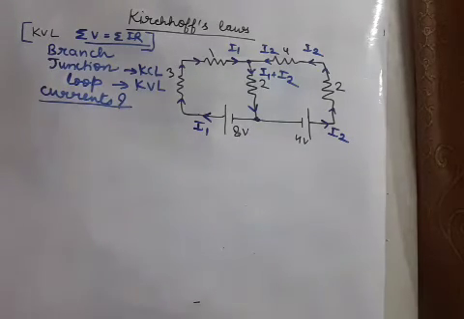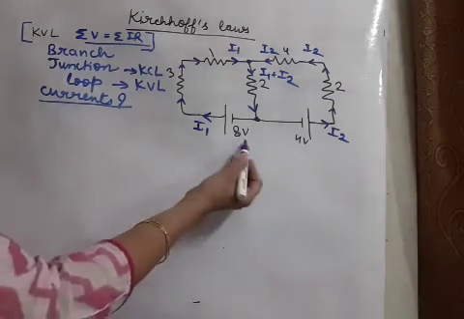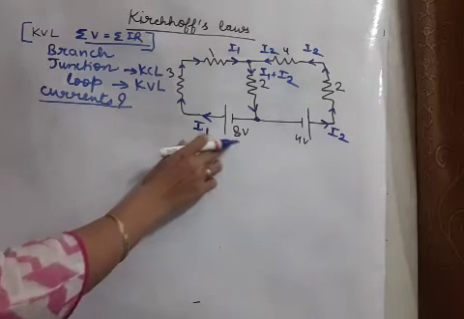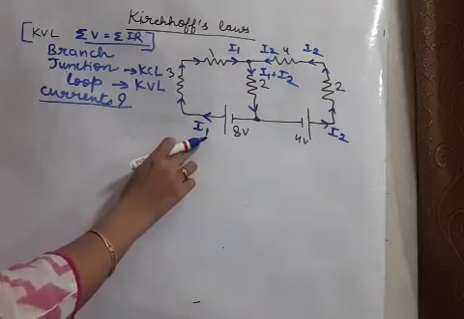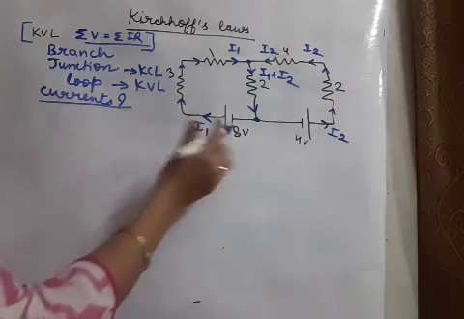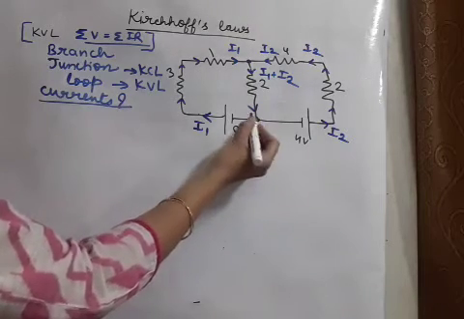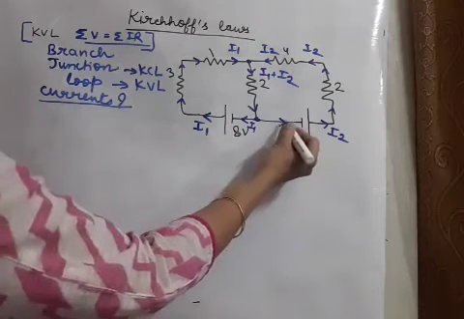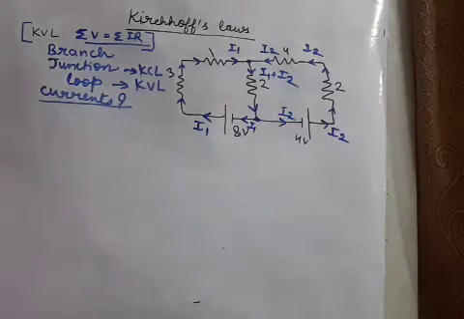Again a junction appears. Now the rule for the battery is that whatever current the battery gives, the same current is returned to the battery. So from I1 plus I2, I1 will be returned here and I2 will be returned here. This way we take the currents, and taking the currents properly is called KCL. So KCL is applied.